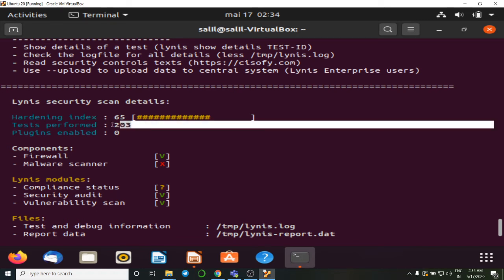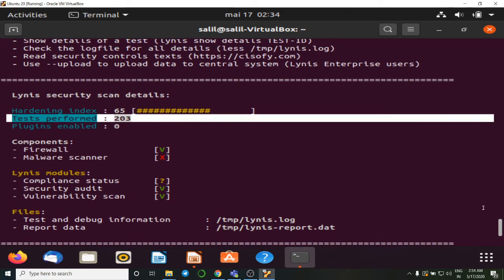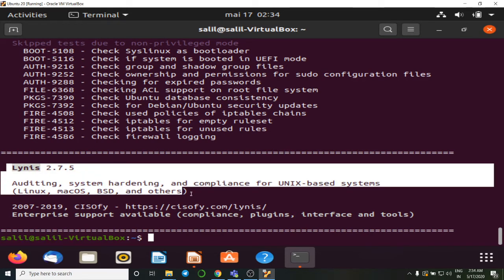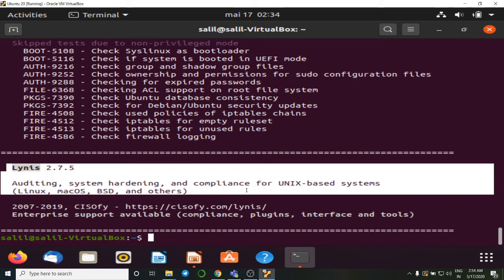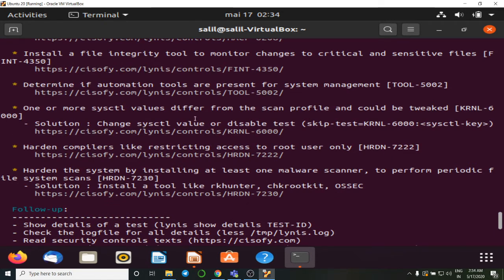It also shows us the number of tests performed, etc. So this is the final part. This is the final and last section of our audit report, and it shows the conclusion: Lynis 2.75, auditing, system hardening and compliance for Unix based systems. So we saw many suggestions. If we want to know details about each suggestion or each warning, we can